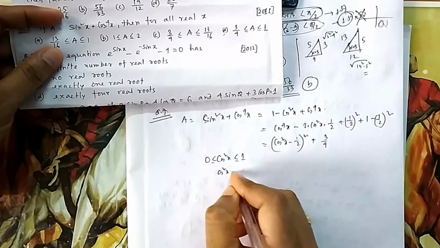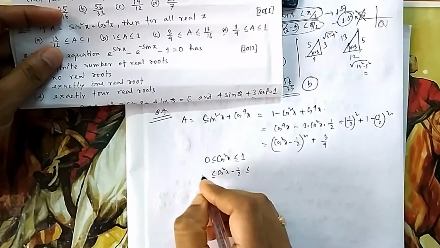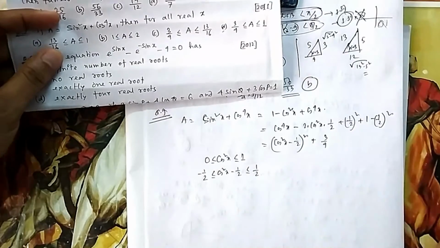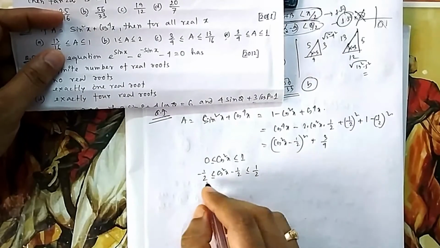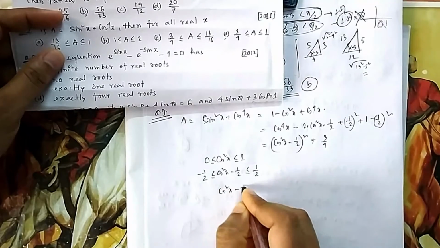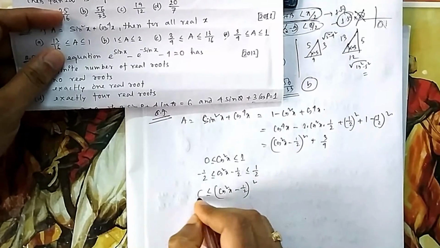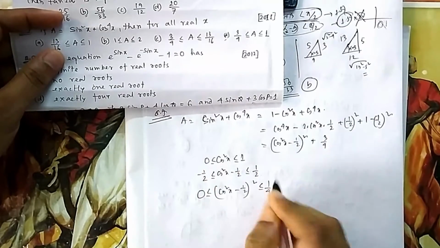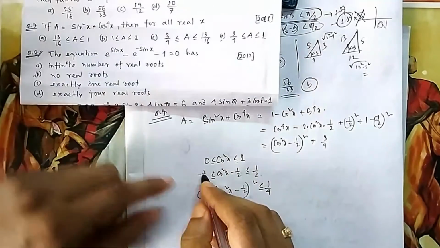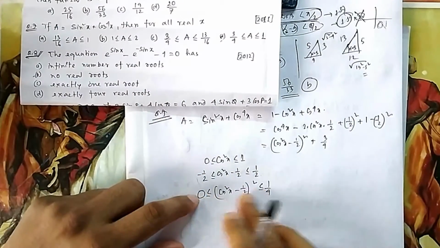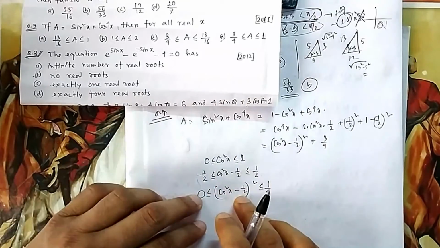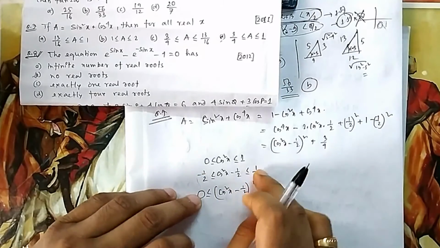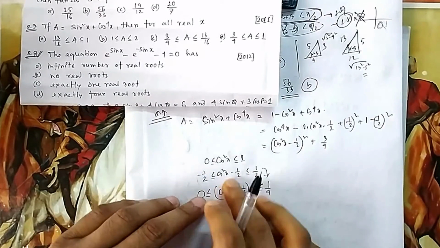So if I now add minus half on both sides, it will be minus half and then 1 minus half. Now if you take the square again, the negative will go out because it is a square. So don't square it directly, it will be 0, because in the case of a square, this negative will not come. So it will be between 0 to 1 by 4. It is not simply a square. If it is simply a square, then both sides will be 1 by 4. You have to think about it if you are squaring it. Because I am squaring it, the negative portion will go. It will be between 0 to 1 by 4. It is not a simple square, I am saying.